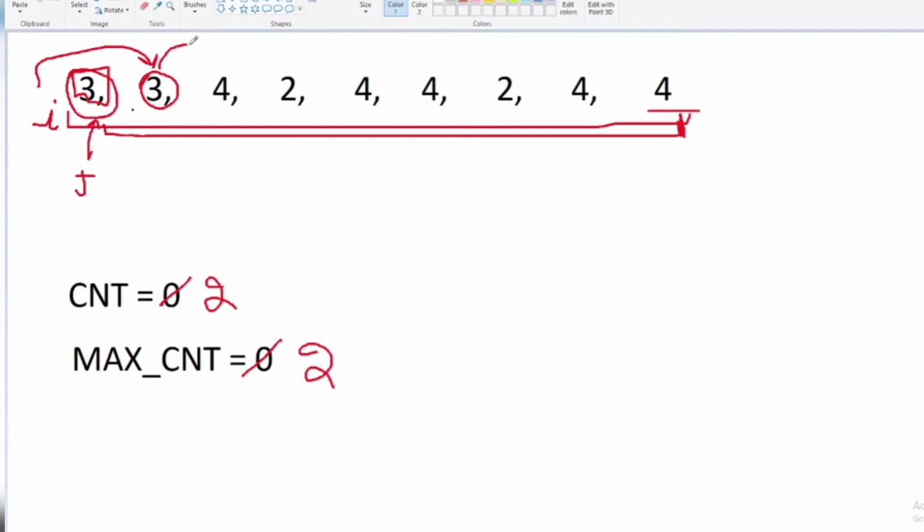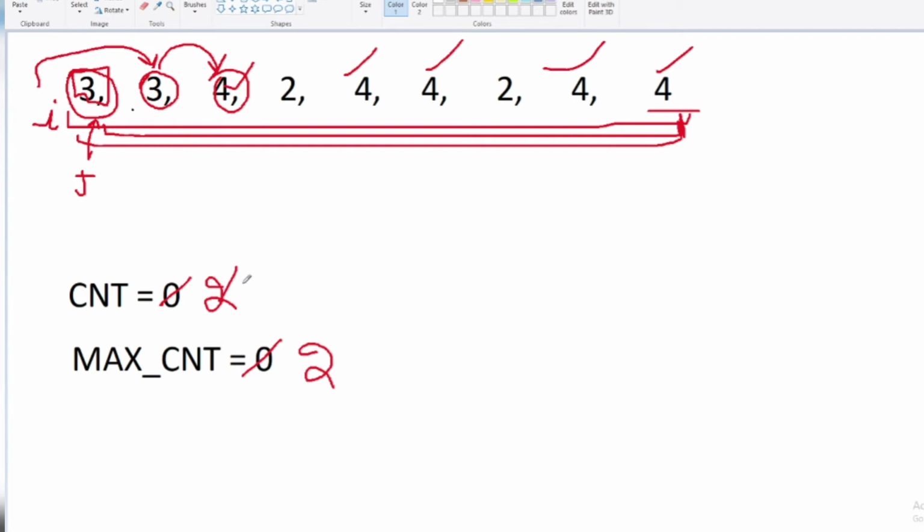After that our i will go one step ahead, that is to 4. Now j will calculate the number of 4s present in the array, that will be 1, 2, 3, 4, and 5. So our count will be incremented to 5 and we will check if count is greater than max count, and we will update our max count. So our max count becomes 5 after this case, right? And we will also store the element that is giving us the max count. So 4 will be stored till now.